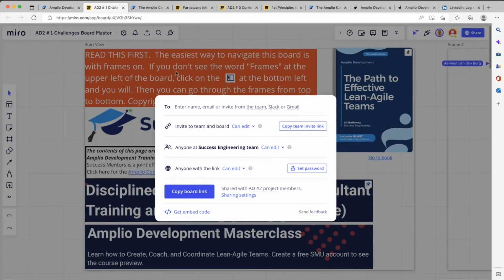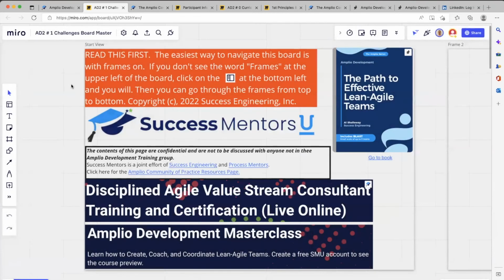And the reason I want to do this is another difference of Amplio. The other difference of Amplio is it does not come with a preset start. Well, it actually does, but I recommend against using the preset start. I suggest a minimum amount of tailoring should be done based on where people are. The minimum amount of tailoring is basically two questions. Do I have cross-functional teams or not? And the second one is, do I want to use time boxing or flow? But if you want to start with something like Scrum and consider it an example, you could do that as well. And we'll talk about this.